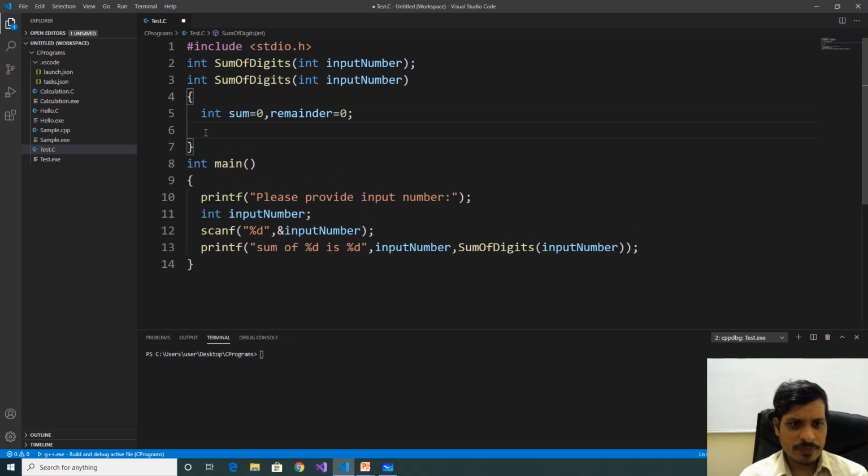Now we need to write logic to get individual digits from a number and add those digits.